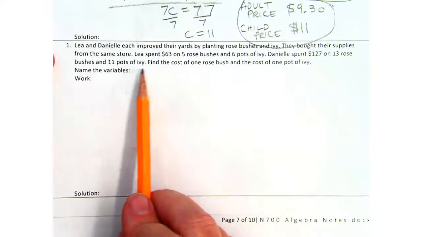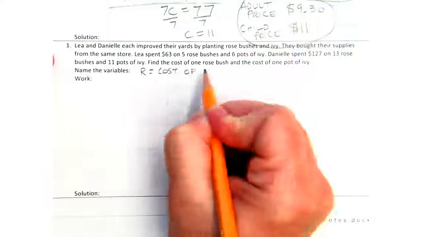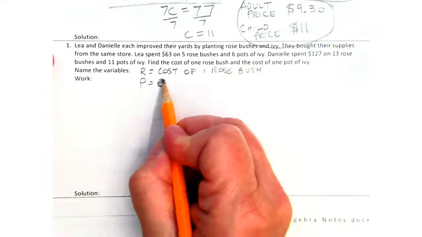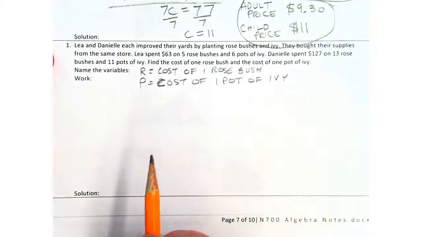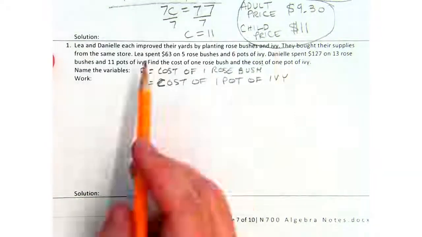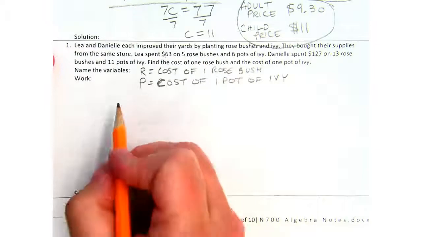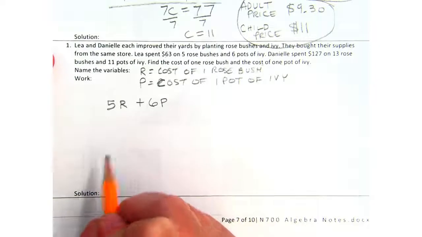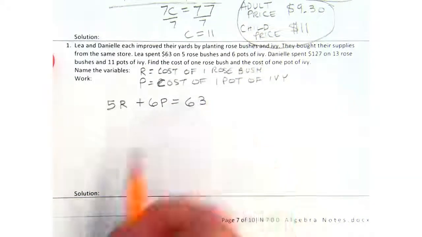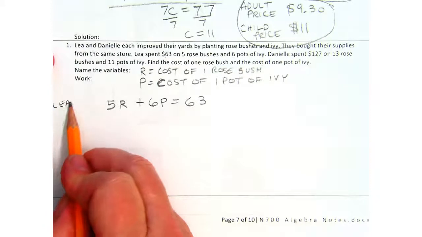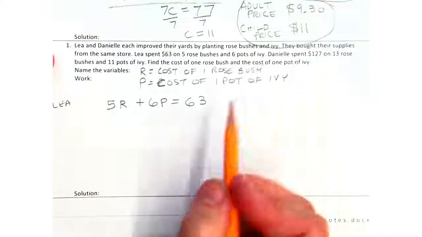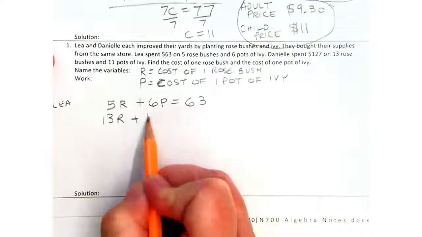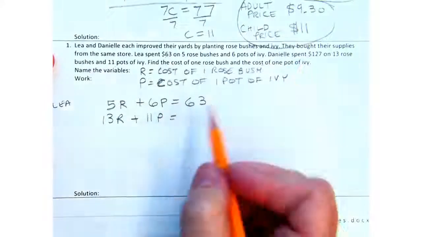R is the cost of 1 rose bush. P is the cost of 1 pot of ivy. You can use any letters. Now set up the equations. 5 rose bushes and 6 pots of ivy, 5R plus 6P equals 63. These were Leah's costs. Danielle's costs were $127 for 13 rose bushes and 11 pots, so 13R plus 11P equals